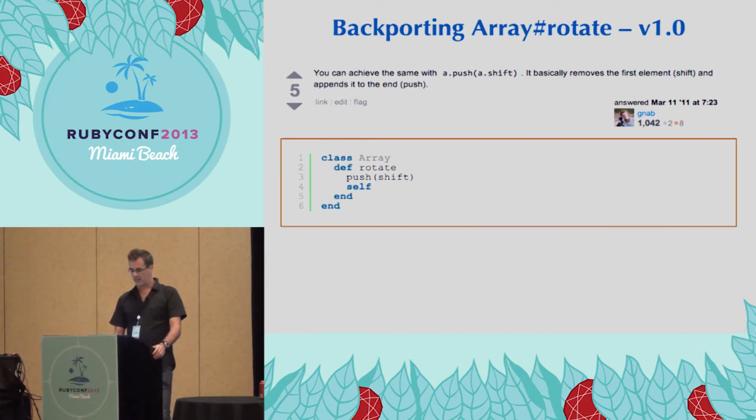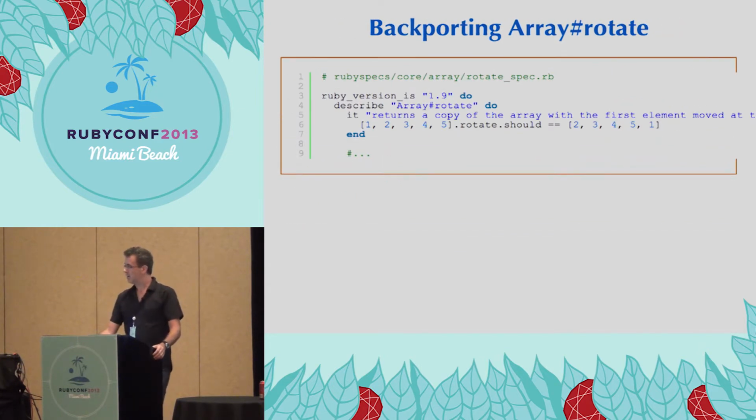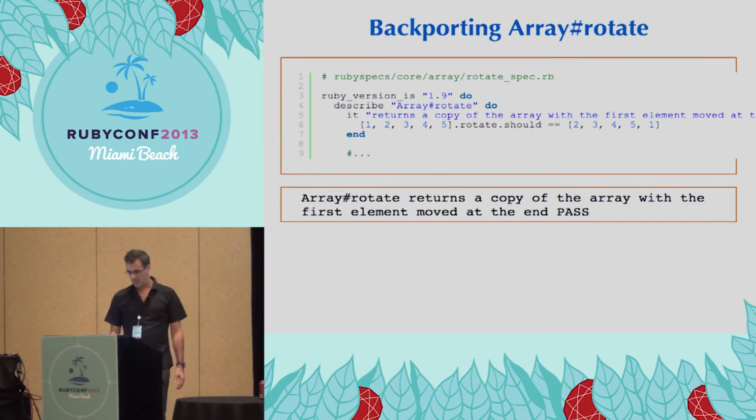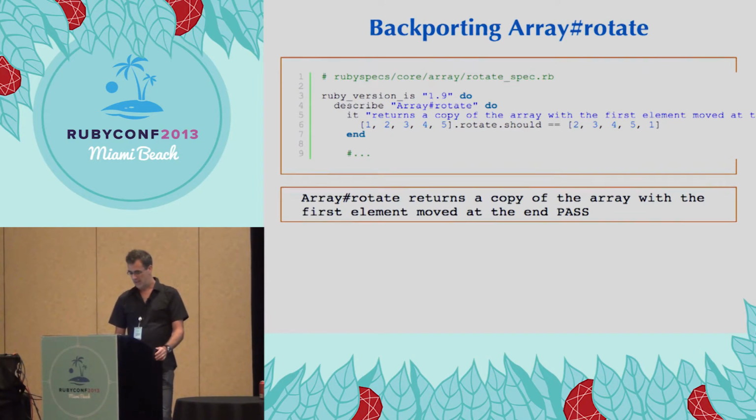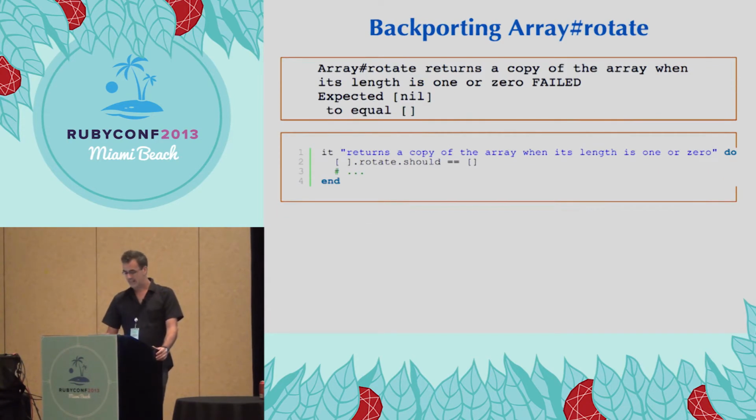And let's see what the Ruby specs are saying. So the first test is usually a very, very basic test. In this case, you take a very simple array, and you try to rotate it, and you see what result it gives you. And if we actually try to pass it with our simple implementation, we pass. But do we pass all the specs? Well, no. The first one we get tells us that we should return a copy of the array